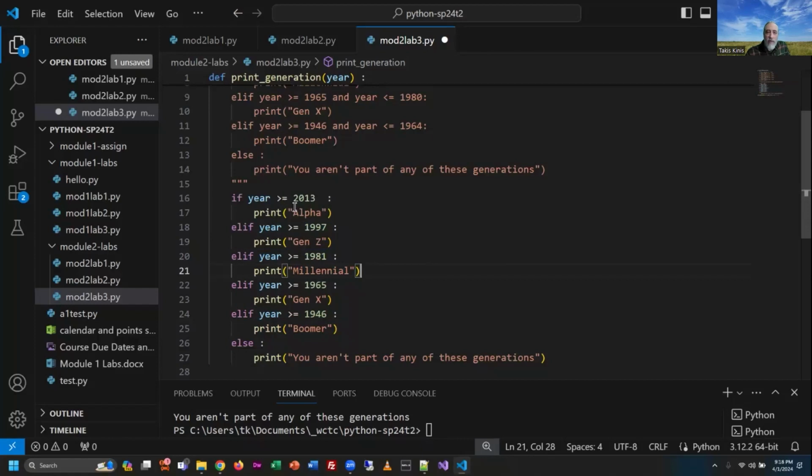But for the same reason, this one works correctly following this one, all the subsequent ones work correctly too, only because I'm doing it in the order of greatest value to lowest, highest year to lowest year, and the logical check is greater than. If I would have built it from the bottom up and said less than or equal